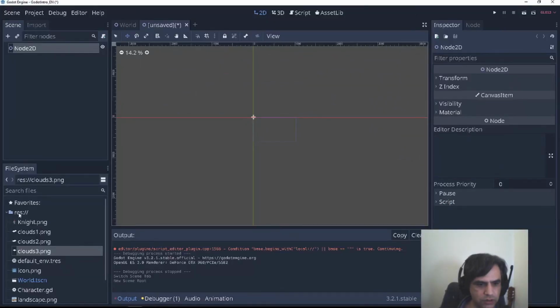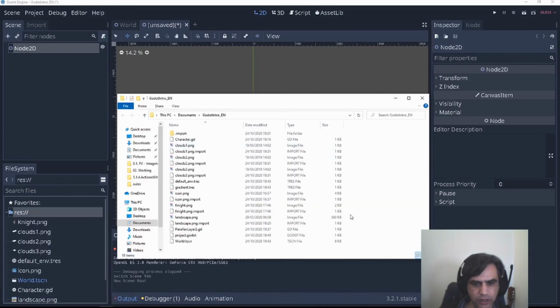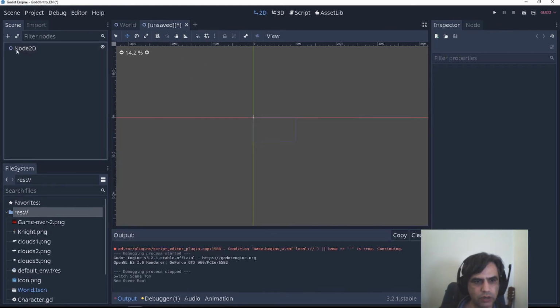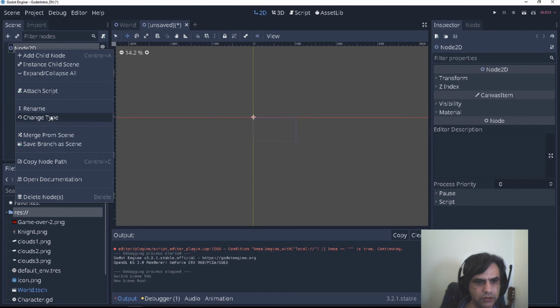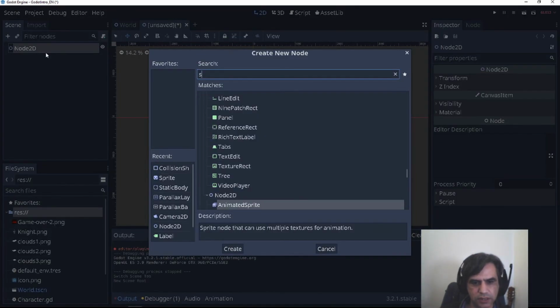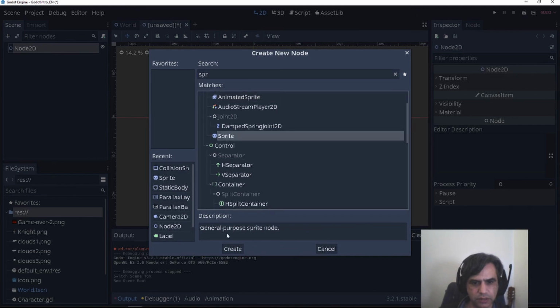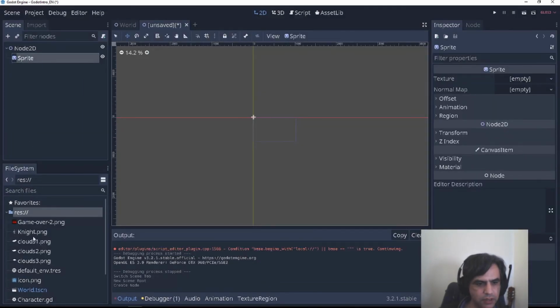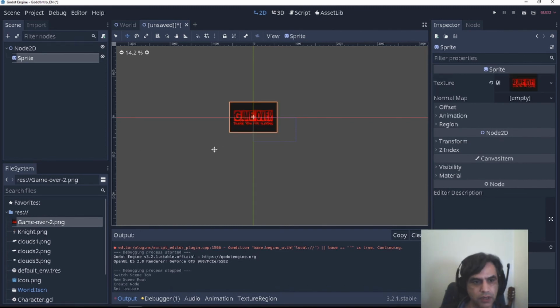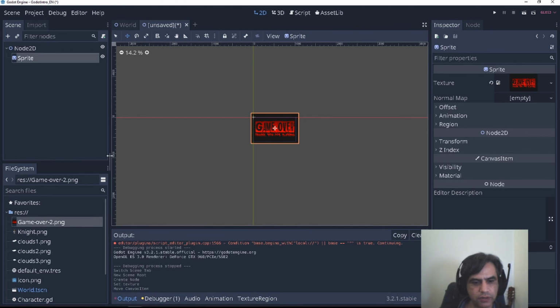Let's go here again. Open File Manager. Control V. We are going to add a sprite. Create. And I'm going to add this sprite to the texture like this. We are going to move here. This looks fine.